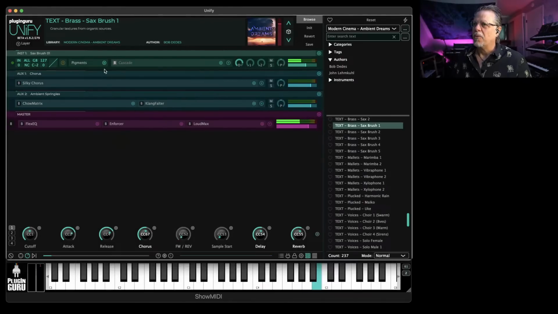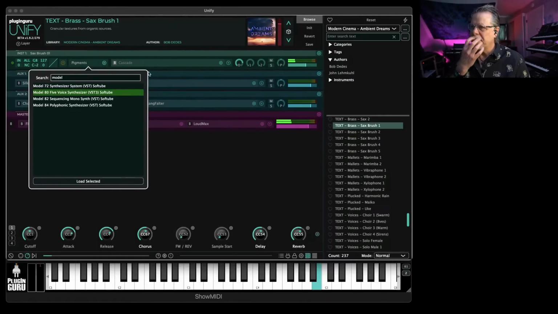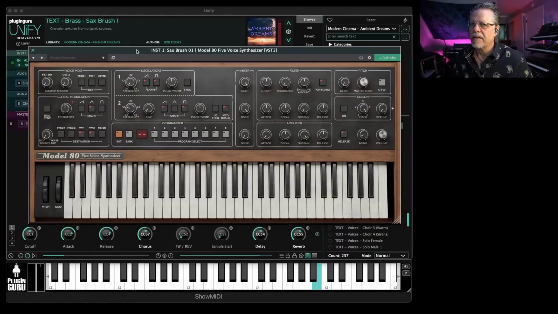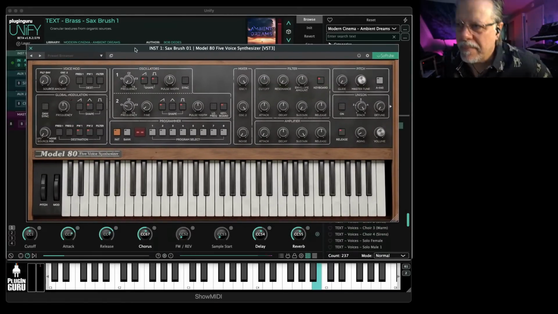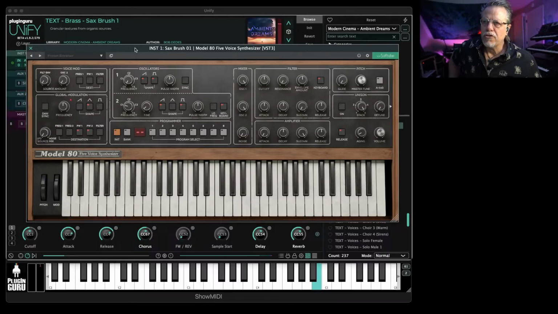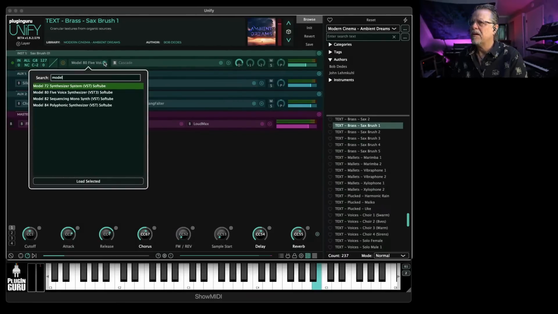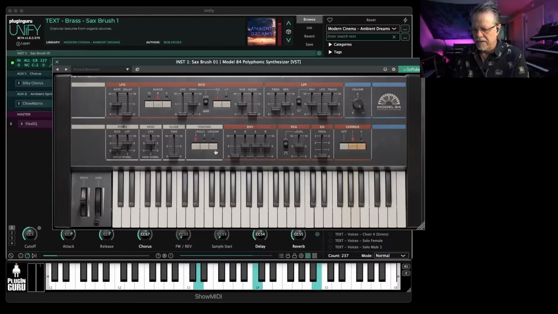Okay. So let's get back to right click Model 80. Softube makes, to me, I would have to say probably my favorite of the emulations of all the vintage gear. There's no audio effects. There's no special capabilities. They're trying to be true to the instruments. If we go here and we load, for example, Model 84, this is the Juno 106, which just has